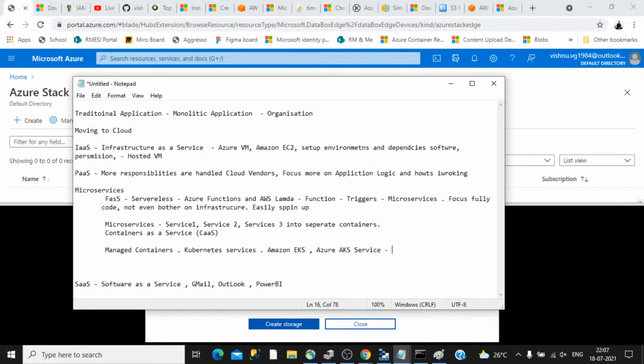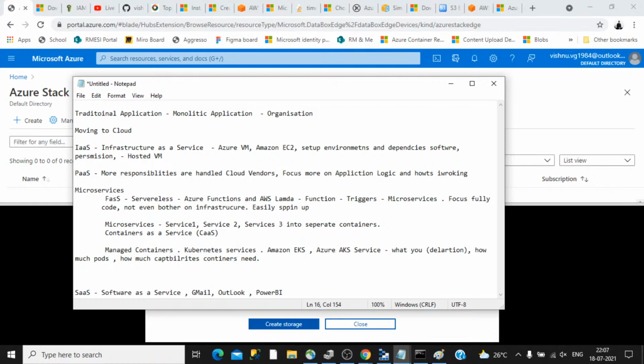The thing is, you just inform what you want. It's a declarative model, and you mention how many pods you want, how much capability your containers need, as well as what type of image, whether a Windows image container or a Linux image container.